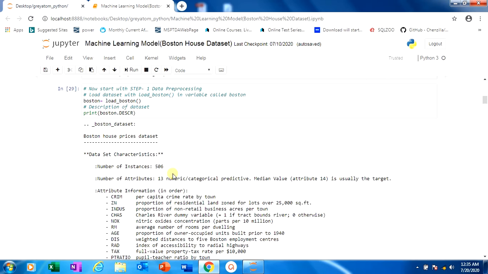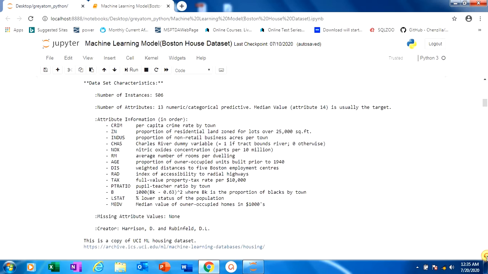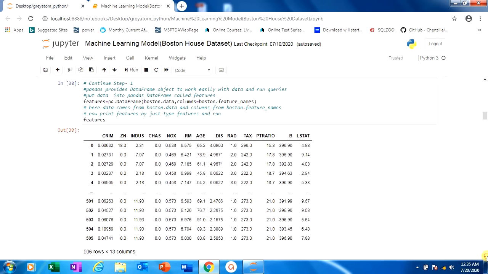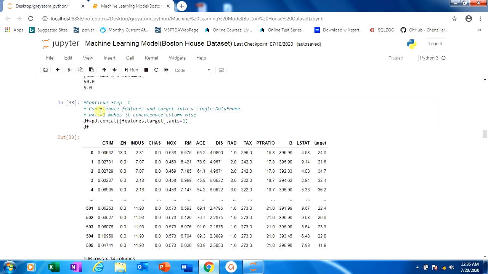It contains 506 data points, 13 attributes and 1 attribute which is the target variable. After that we create a data frame object for the 13 attributes and we also create a data frame object for the target variable. Here we concatenate feature and target attributes into a single data frame.